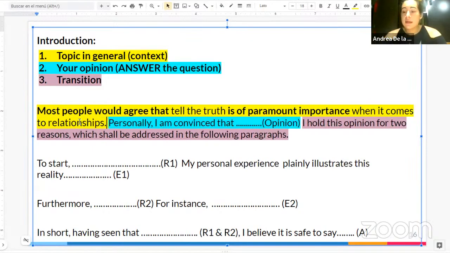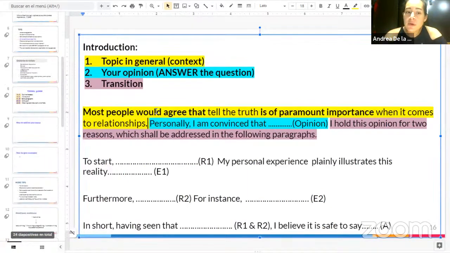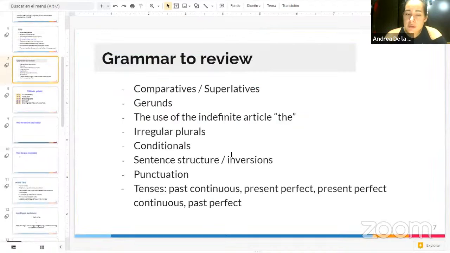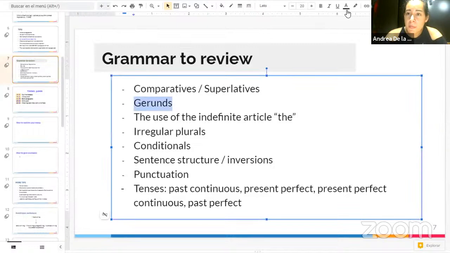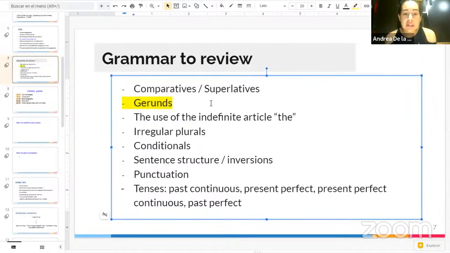All right. Now, one grammar tip, and this is really important, and it's actually in one of the things that I was gonna say. One grammar point that you guys should review that I've seen many students struggle with is gerunds. Okay? Now, gerunds are basically those verbs that end in ing that are not really verbs, that are used as the subject of a sentence. So when I talk about an action, and that is the main point in my sentence, for example, if I want to say,